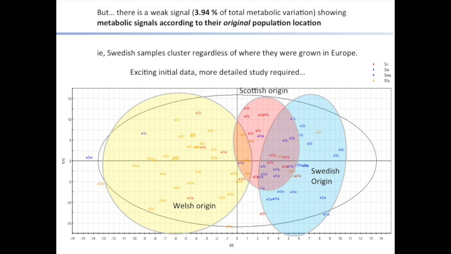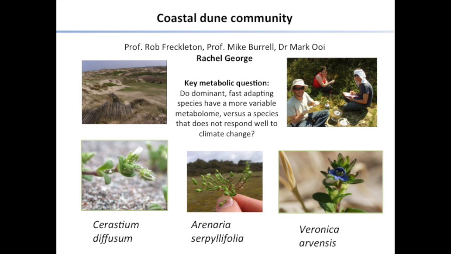So the environmental signal is generally much greater than the genetic background. The variation of the metabolome due to the genetic origin of the plants is less compared to the environmental variation. These studies are quite difficult to do, so hopefully we're going to repeat some of those. Now sand dune coastal plants, we'll move slightly further south. This is a project,